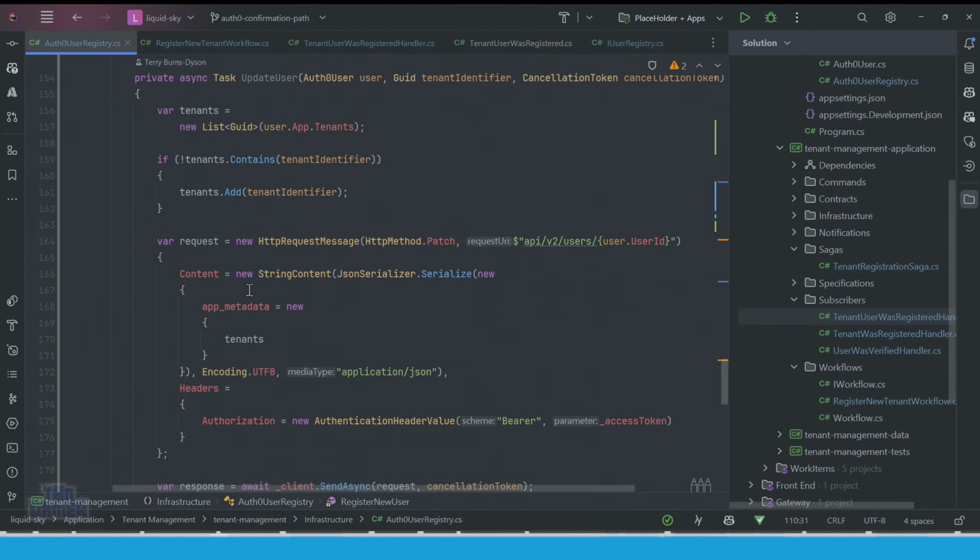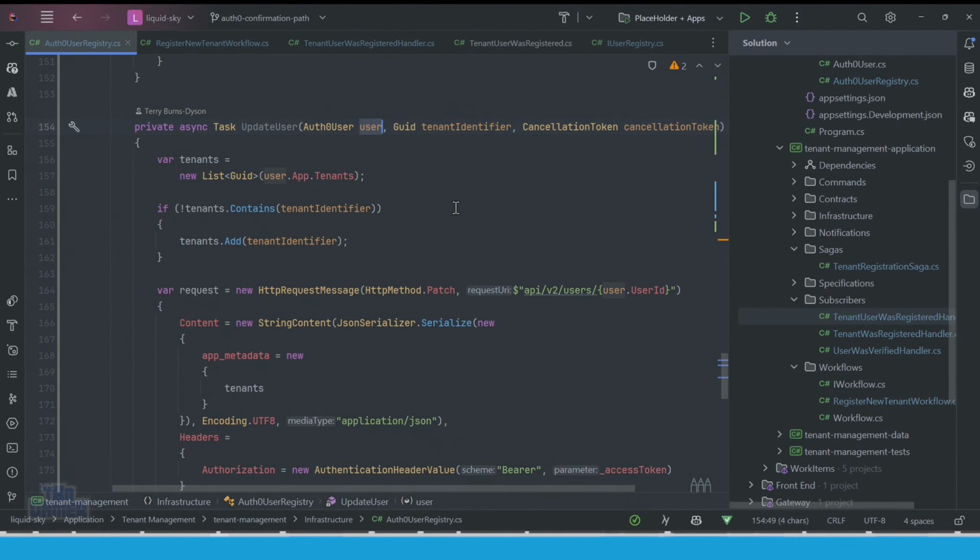Okay, so update user. So this takes an auth0 user, right? And it needs this because it's going to